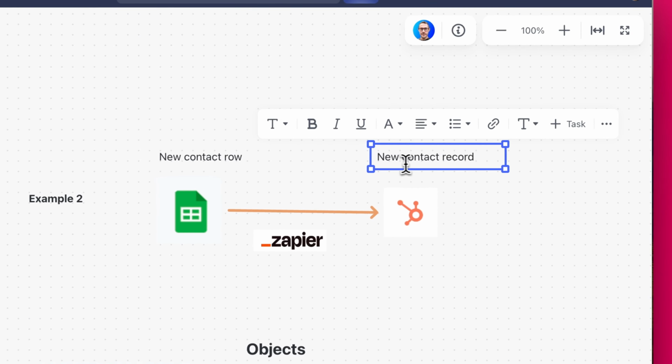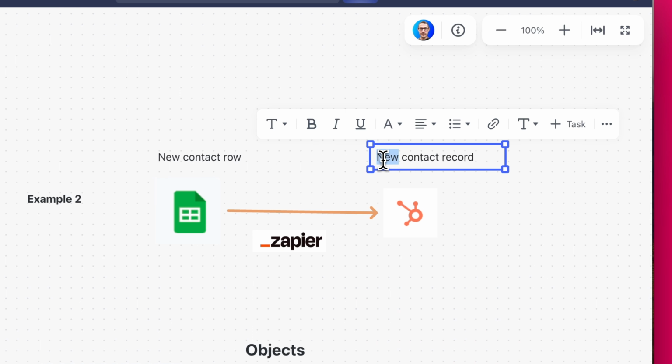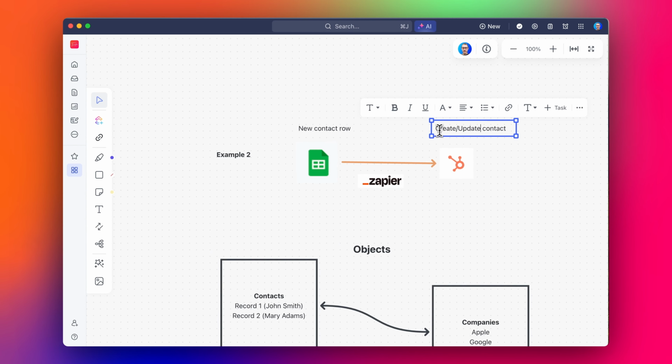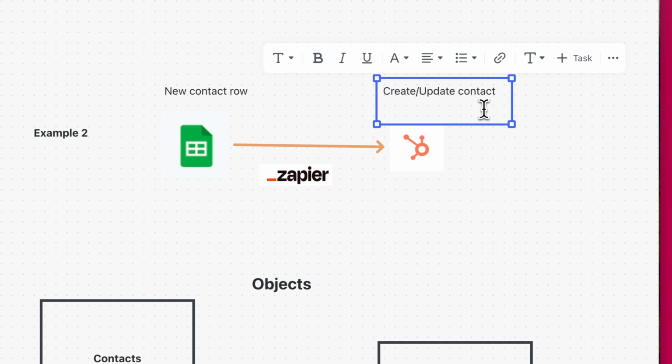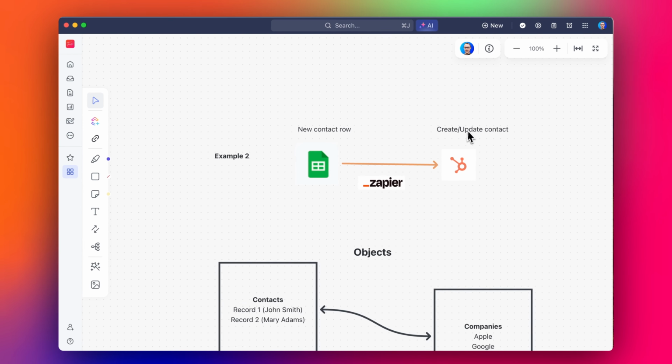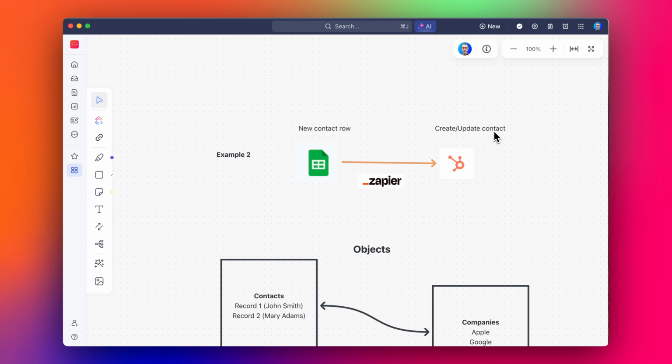So we're going to say create or update. Create, update contact. That's going to be based on the contact's email address as well, like that. So new contact row will create or update the contact. That's just in case we add the contact twice, let's say. So that's like a little